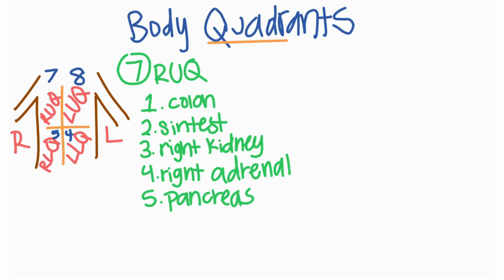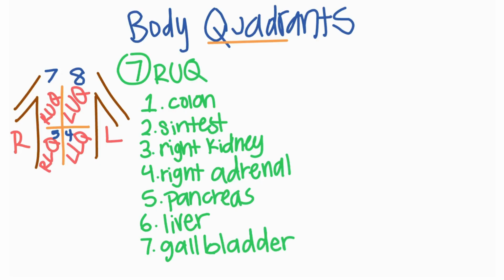And then probably most importantly, there's going to be the right lobes of the liver, not left, of the liver here. So I'm going to write that. And then when there's the liver, the gallbladder is right underneath, and that's going to be over here. So number 7 is going to be the gallbladder. Okay. And then we're going to look at the right